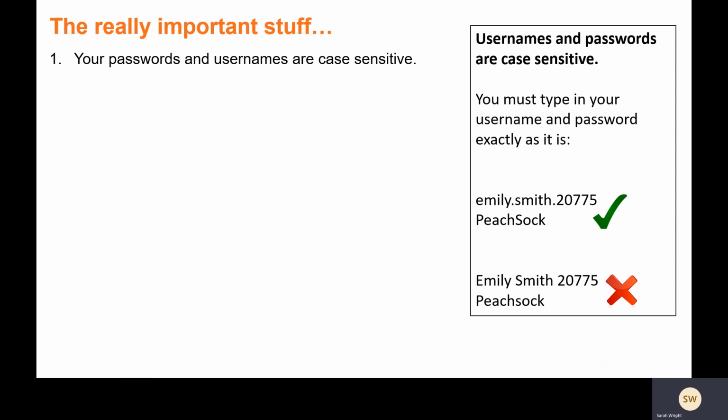emily.smith.20775, that is the correct username, and the password underneath is just two random words that have been pushed together and each word starts with a capital letter. So Peach, Sock, each one starts with a capital letter. You'll notice that there's no spaces in that either, and that is the correct way to lay out a password